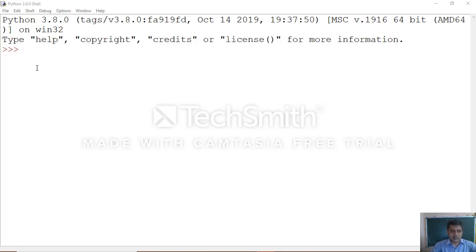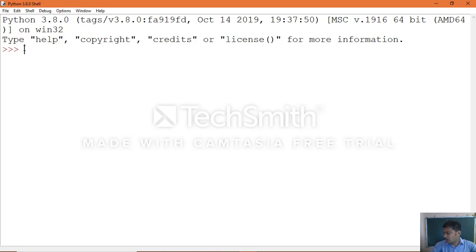First we'll start with an expression, and how we can execute it. We'll see interactive mode as well as script mode. We'll start with the first execution of, for example, 5 plus 2 into 4. The computer does not give a step-by-step process.